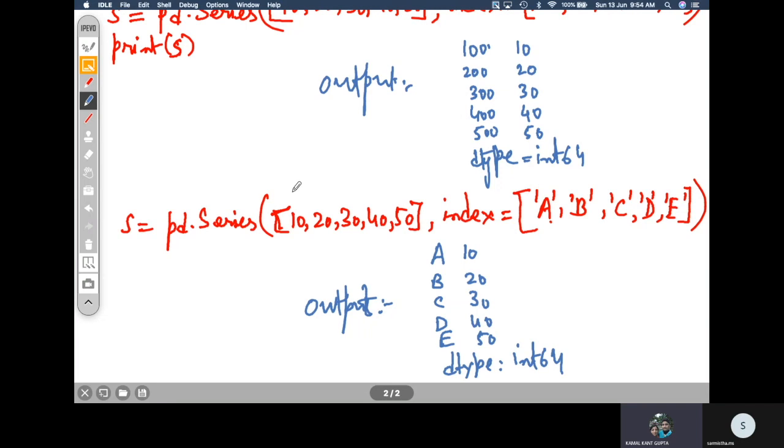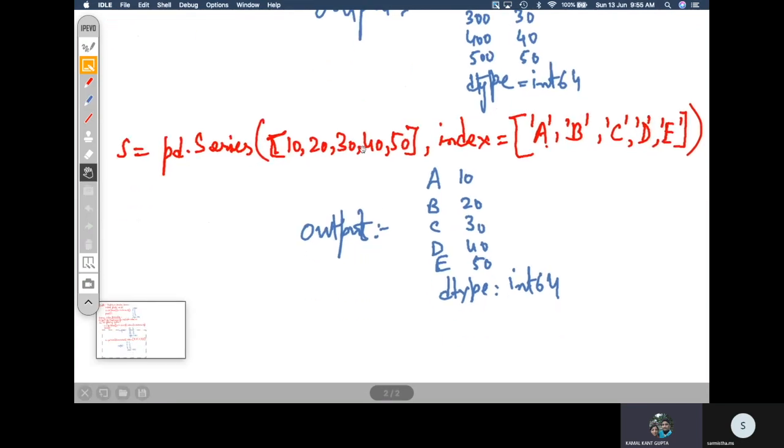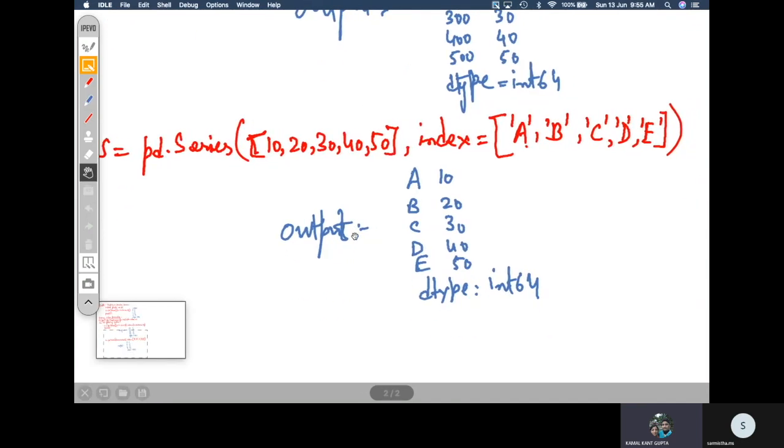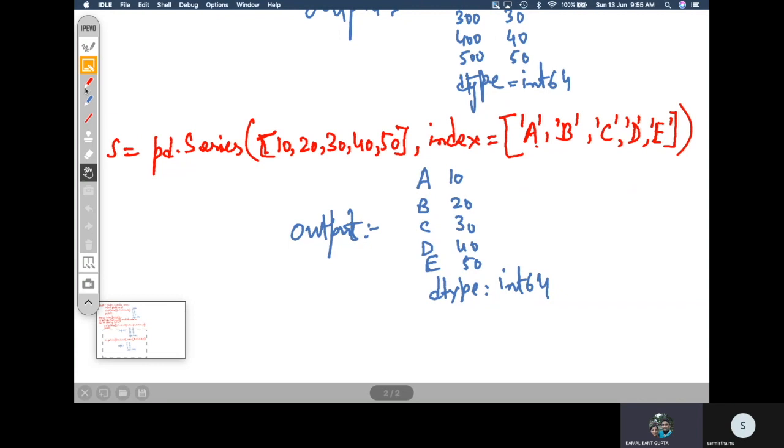That is, this was the first way of creating the series by using scalar values. Now we can create series using what is known as NumPy arrays. In the Class 11 syllabus, there was NumPy array, which CBSE has removed last year. But anyhow, NumPy is also an important library.